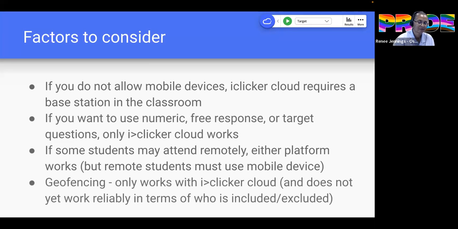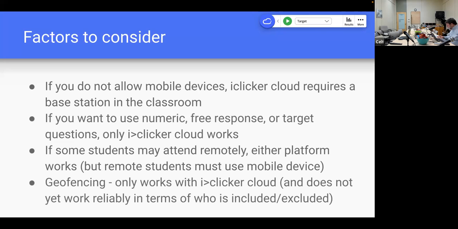And these are some of the differences. There is an ability to use geofencing. Geofencing is if you want to restrict, if you're giving a poll in your class, you want to restrict people to be only the students who are in your class, so that if a student is lying in bed in the dorm or is off campus or whatever, there is the theoretical possibility of using geofencing,